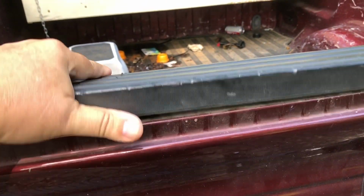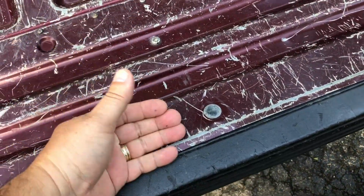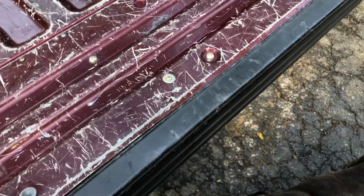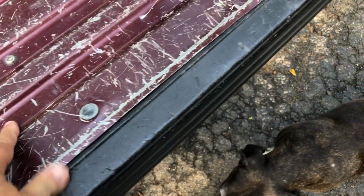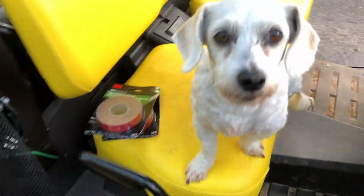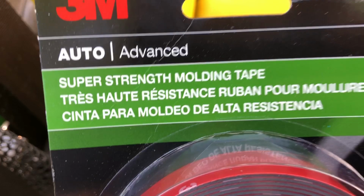And I can see it blowing in the wind when I drive down the road. And the other thing is, when you drag something out of here, it catches on this ridiculous lip they've got here and pulls it off. I can't tell you how many times I've pulled this thing off just by dragging a piece of lumber out of here. So today, with the help of my amazing Wonder Dog, I'm going to use some molding tape,